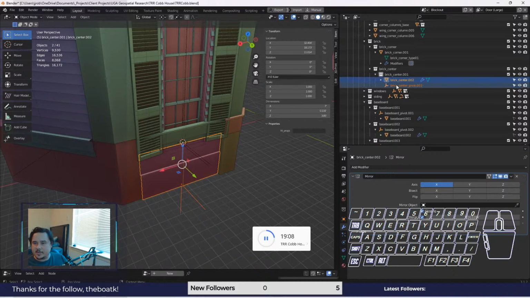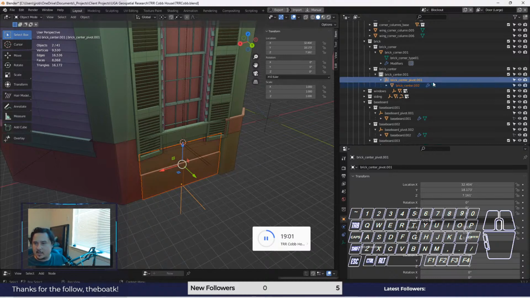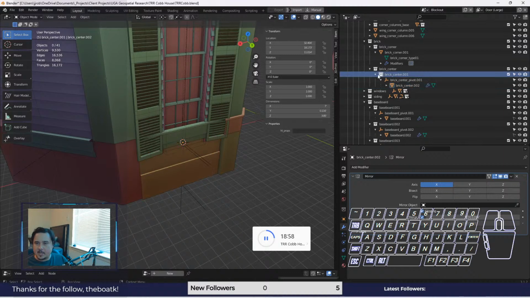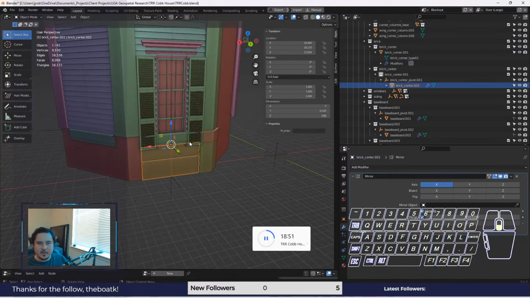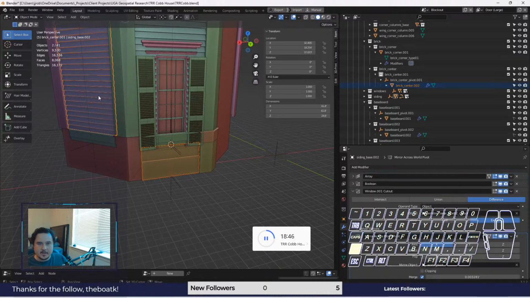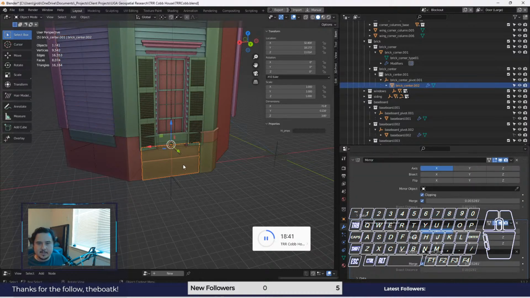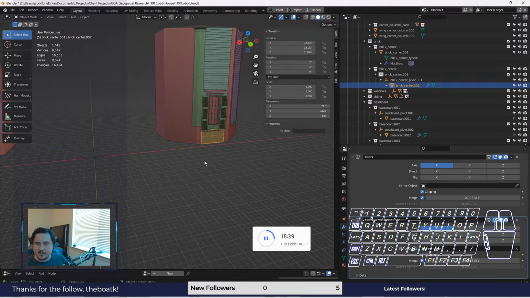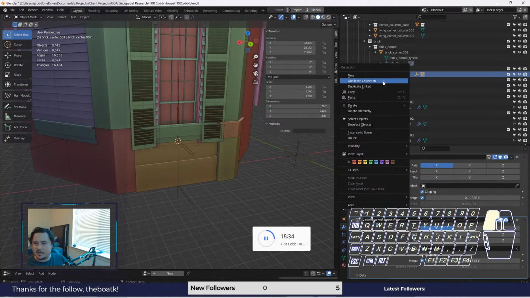And then we'll just shift select, make sure this is the active one by control selecting, and then Control P object. Okay, and it's parented. Now I can duplicate. Actually, before I do that, let's go ahead and add the mirror modifier from above. So I'll grab this guy and then shift select that guy, so this one's highlighted. Copy to selected. Okay, so now it has that mirror across. And now I will go ahead and start duplicating, duplicate collection,